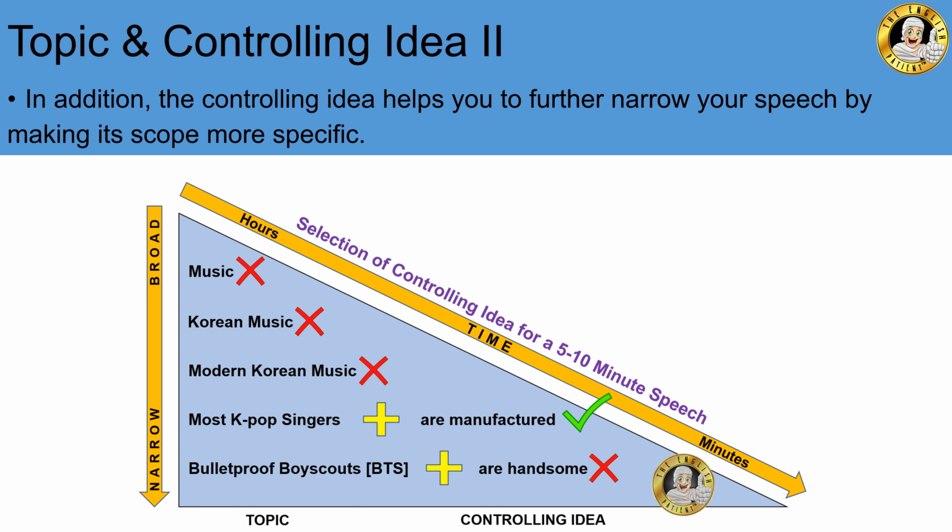However, if you are told that your speech should be between 5 and 10 minutes in length, then actually, if you choose a topic of music, really, this could be hours and hours in length. In fact, in your own major, you are likely to be taking several different courses about different aspects of music, which would mean that we're really talking about hundreds of hours of possible content. So that would be too broad for the time that you have.